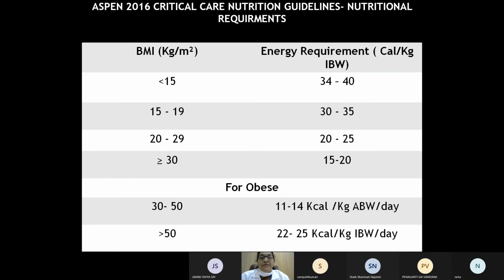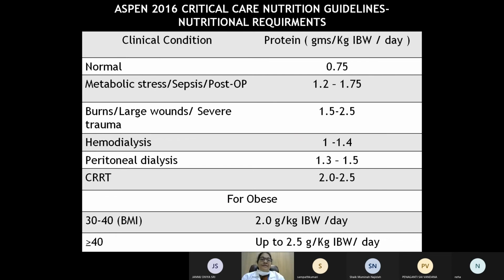And if the patient has more than 50 BMI, give 20 to 25 kilocalories per kg ideal body weight per day. And this is about protein requirement. If the patient is normal, give only 0.75 grams per kg ideal body weight per day. And if the patient is with metabolic stress or sepsis or post-operative care, give 1.2 to 1.75 grams per kg ideal